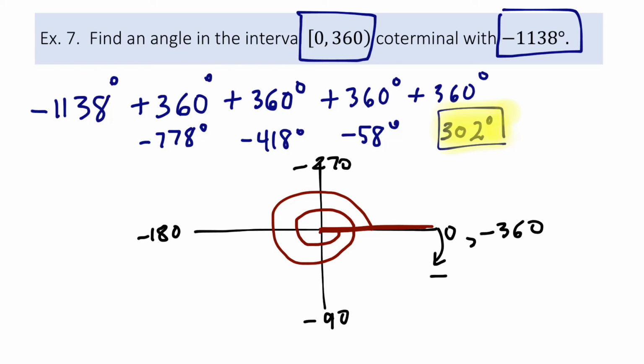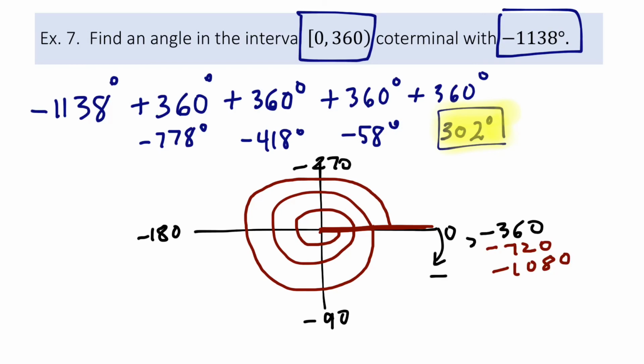And then if I go another 360 on top of negative 720, I get to negative 1080. So I just wrote those numbers down here so we could see them. So I'm already up to negative 1080. I need to go more. So that's another 58 degrees in the negative direction, so that's another roughly negative 58 degrees. So that got me to negative